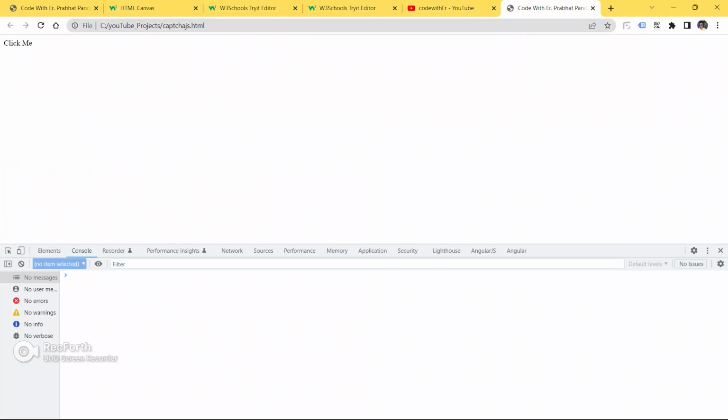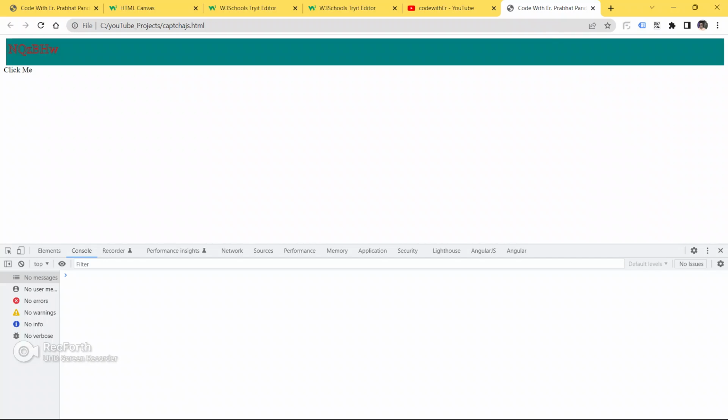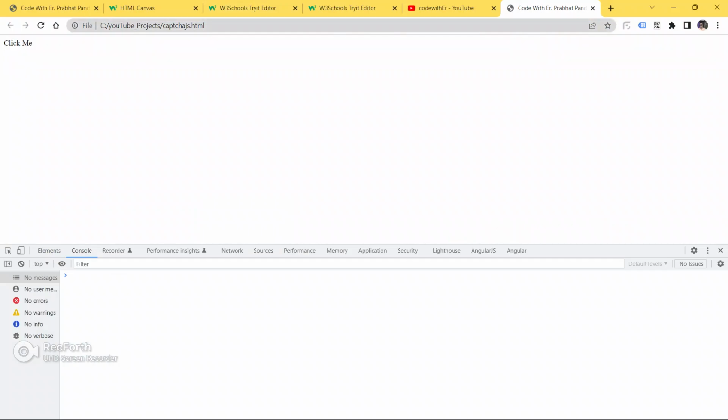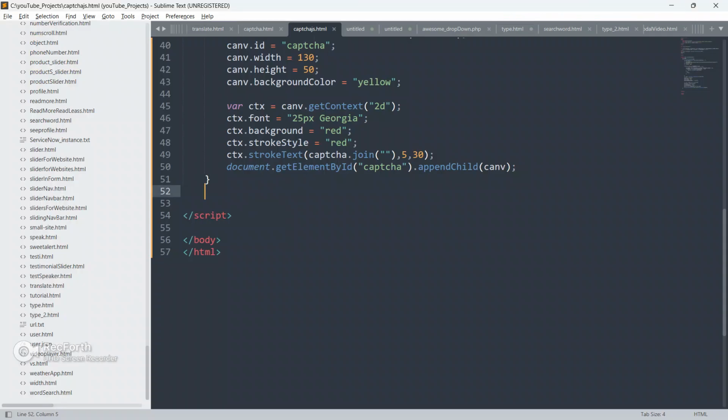Okay, and now we have to run a function so that every time we won't face this kind of difficulty guys. Like this time I don't see where my captcha is, so I was confused and I forgot also guys to click on this button. Okay, as you can see guys, we got the captcha now. Okay, so we don't have to click every time. First time we have to run this function.